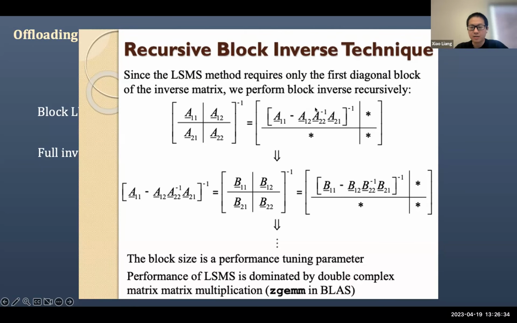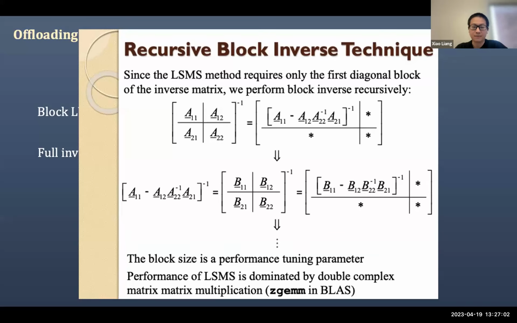We continue calculating the matrix inverse by further dividing the matrix into four blocks, and each step reduces the size of the first block. The stopping criterion is when the size of the first block is reduced to the necessary block size. Compared to the cubic scaling of matrix inverse, this recursive method only requires squared scaling, and thus is more efficient